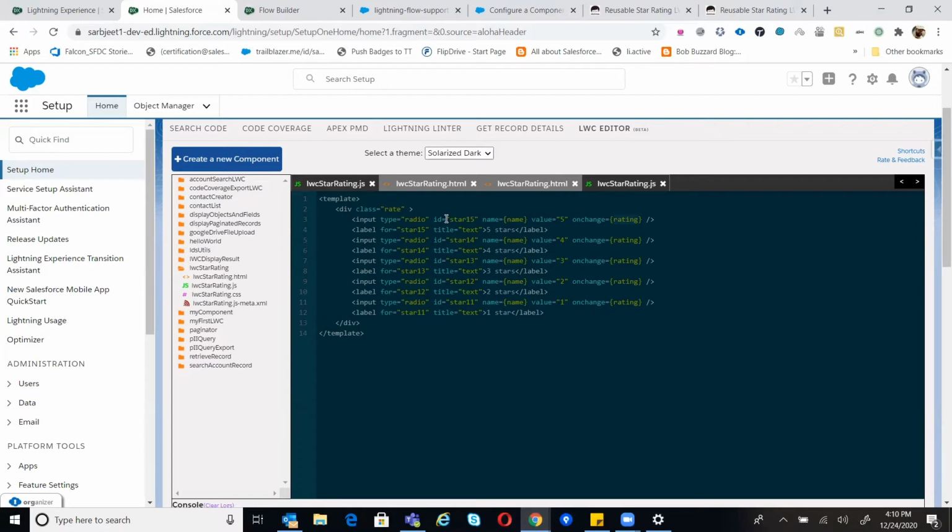So to save these ratings, you have created an object, right? Yes, for example we have a survey form with questions and answers we want to save in an object. Through the flow we can create that record, and we can pass the star rating value. Can you show us that object? Yeah.